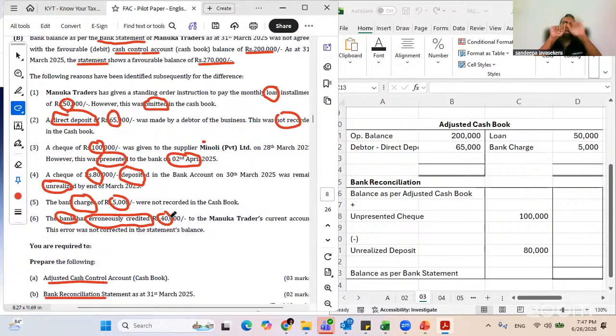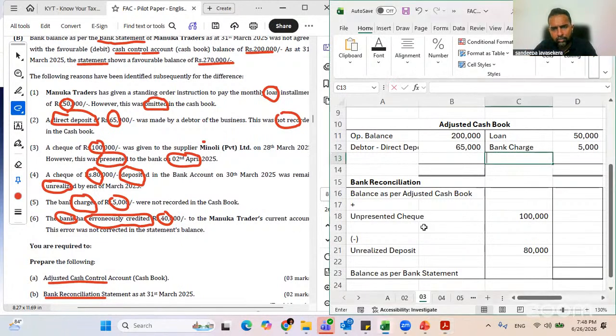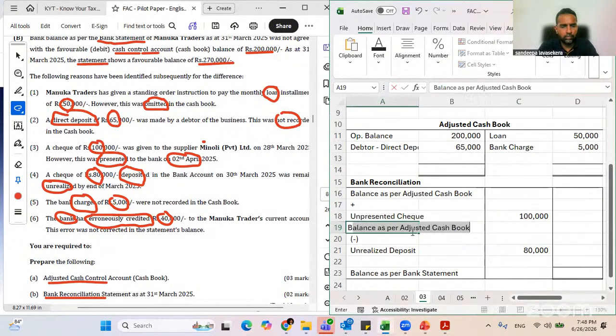So, cash book, bank statement. The bank has erroneously credited, which means the bank statement balance is high by 40. In the rec, you are not trying to correct the errors, you are trying to show the error. Now from where to where are you going? From the cash book to the bank, so you need to add. Bank error, you are going to add 40,000.